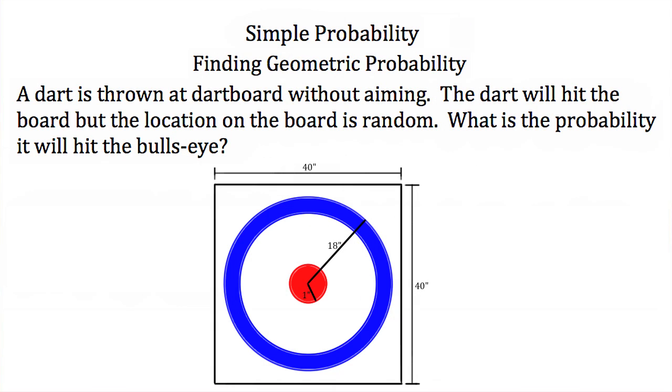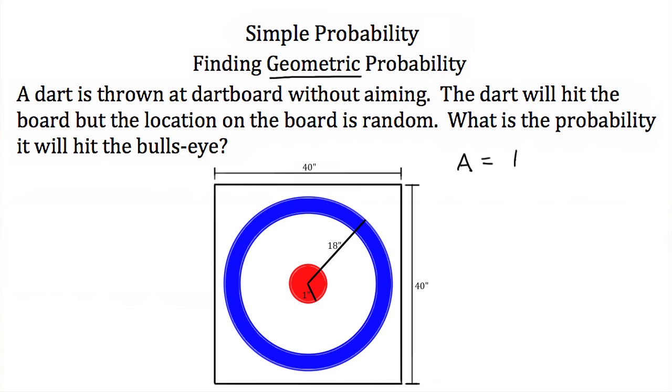Now the last type of probability that we're going to talk about is the geometric probability. To illustrate the geometric probability, we're going to use the classic example of throwing a dart at a dartboard. So if a dart is thrown at a dartboard without aiming, which means it has an equal chance of hitting any point on this board, what's the probability that the dart will hit the bullseye? Well, to determine this, we use the area. The area of this dartboard, well, its width is 40 inches and its height is 40 inches. So the area of the whole dartboard